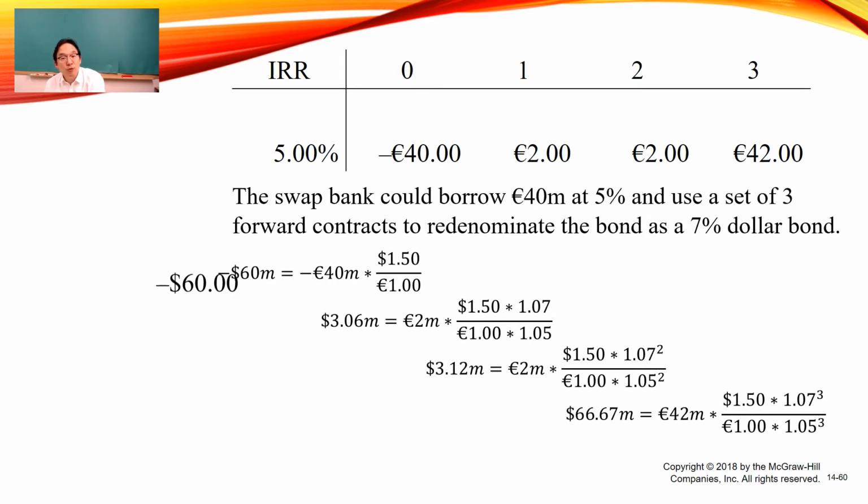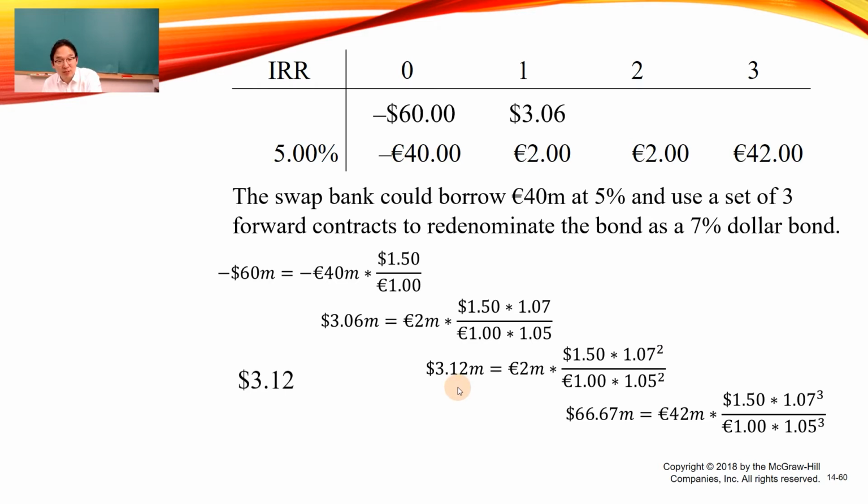So a 40 million euro borrowing, if you convert it, is $60 million today. And then a 2 million euro interest payment 1 year from now, if you do the IRP relations, is $3.06 million. And then 2 million euros again, using the IRP relations over a 2-year horizon, using that interest rate differential, raising it to the power of 2, you're going to find out